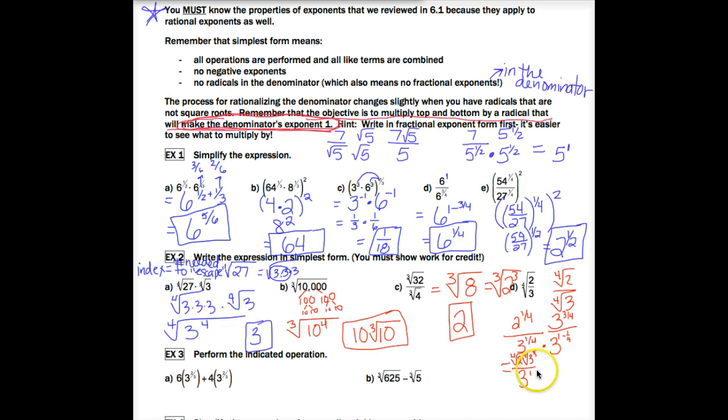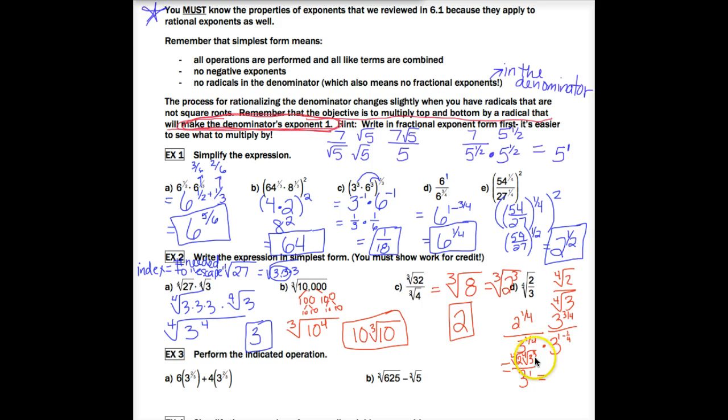Now what I can do, even though neither of these simplify, that's the whole point. If you're rationalizing here, it shouldn't simplify on the top with itself. The 4th root of 3 to the 3rd, you would need 4 to jailbreak. I've only got 3 of them. Here I've only got 1, 2. I can't jailbreak it. But what I can do, since the indices are the same, is actually multiply the 2